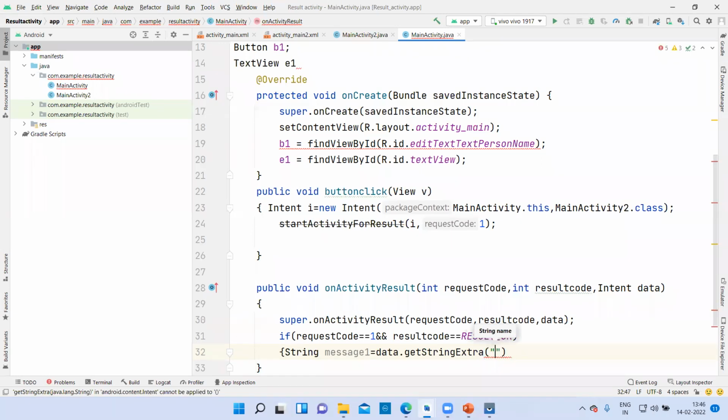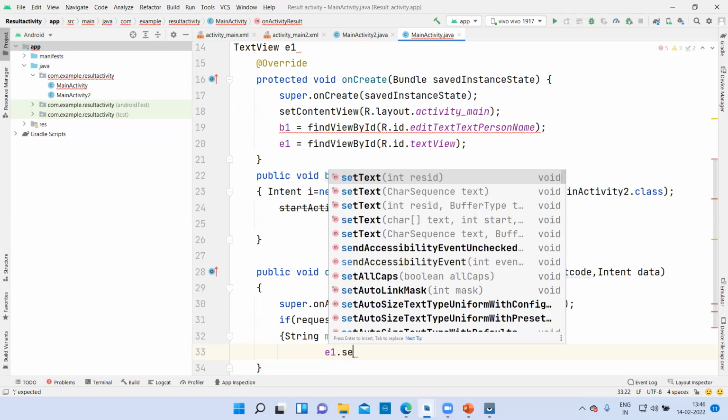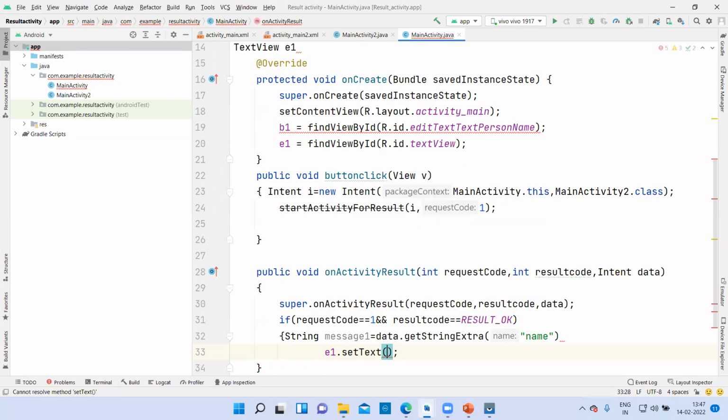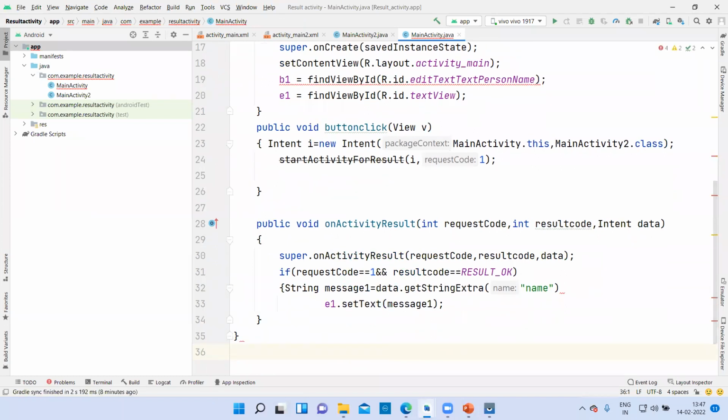Then you will write the name, because name is the key for which you are looking for the data. Then E1 dot set text. That's it. And what you will set inside the text is message 1. This is how it will work. Now this is done. And one more brace would be there.